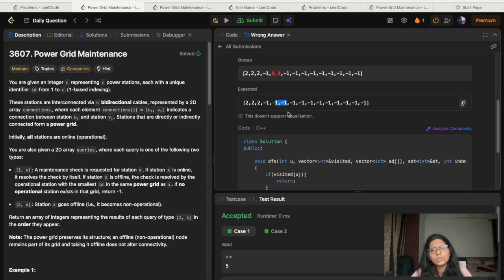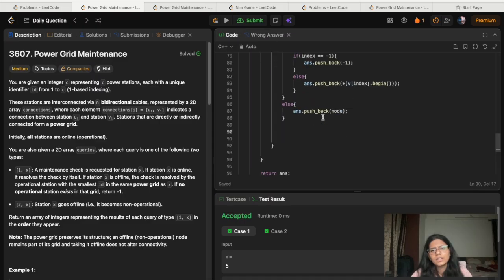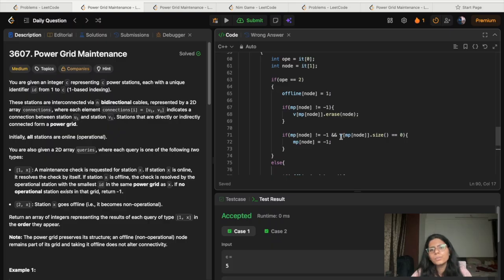The answer is 0 and -1. Okay, but it shouldn't be like this. Answer won't be 0 at any time. If that node is not equal to -1, then I'm erasing it. What I was saying is, if node is not equal to -1, then it's basically taking the first element which is equal to 0.